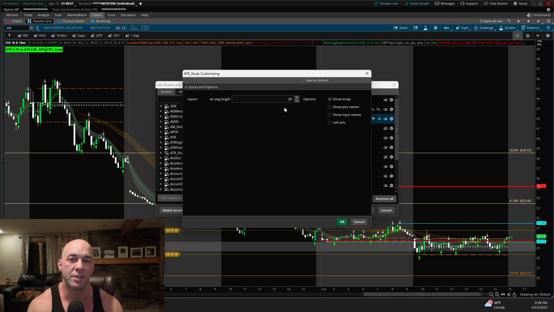Most people have this set to a period of 14 days, which I guess makes sense. Logically, 14 days is 2 weeks, but in trading days, 14 days is just under 3 weeks. And I personally like to see what the last month of trading has been like, and that's why I have mine set to 20. There's no right or wrong way of doing this. It's really a matter of personal preference. I believe the most common way is to use 14 days, and if that's what you choose to use, then